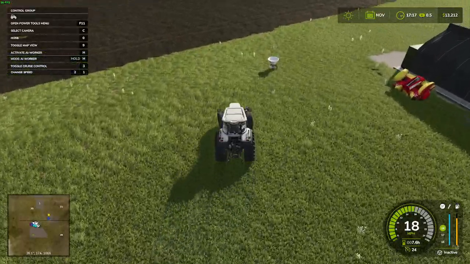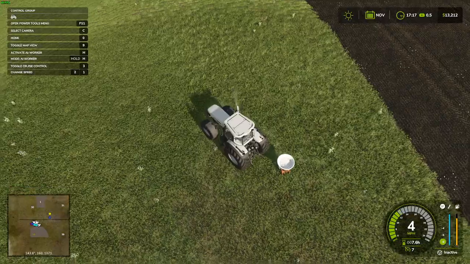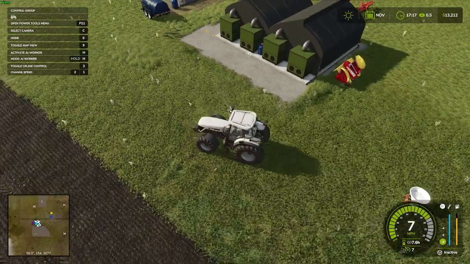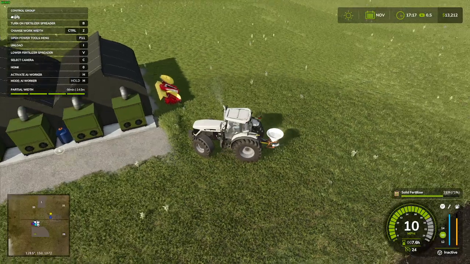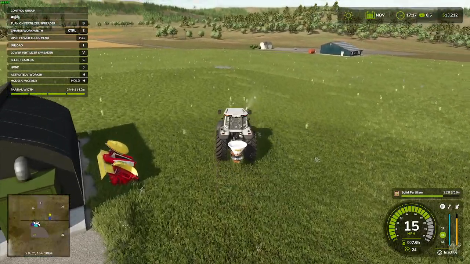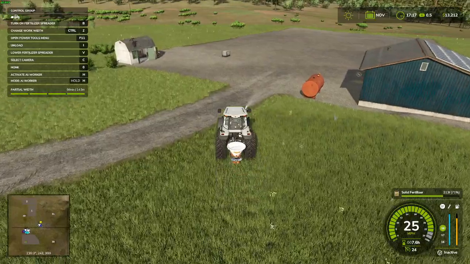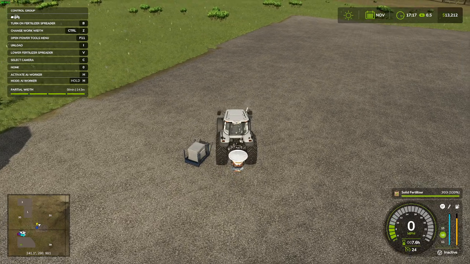So grab our spreader here. The other way. We'll fill it back up. So yeah, Deadwood contracts and selling our products are going to be what we can do to make money. Like I said, now once we get our sawmill, I will,